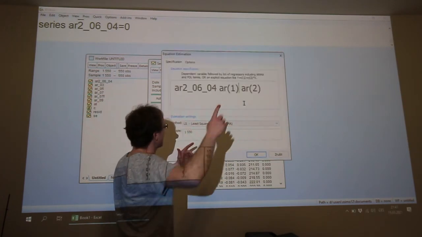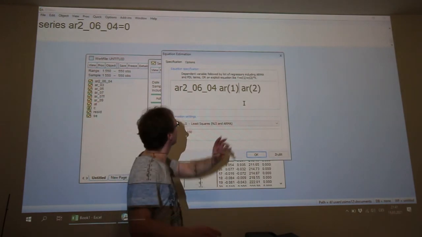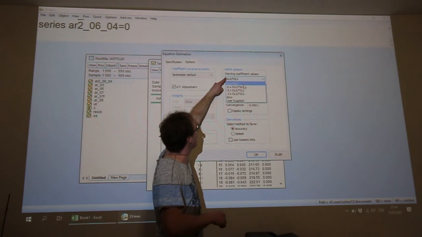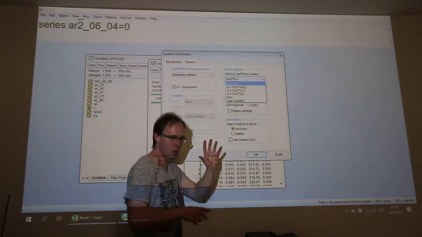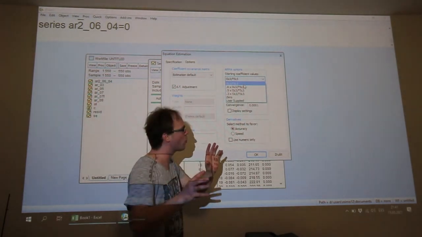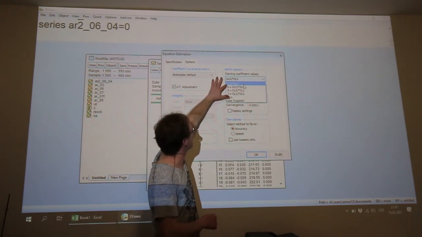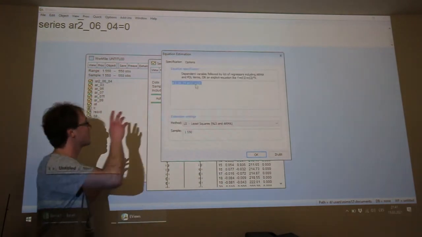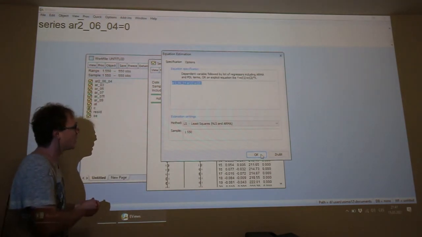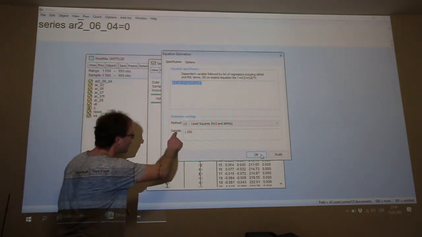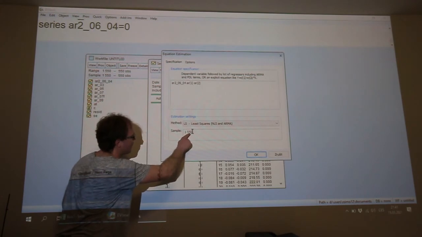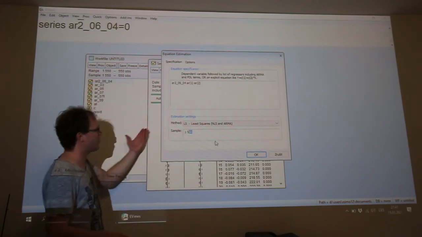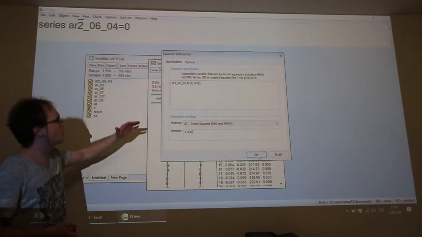And at home, don't forget that you must click on the Options button, and instead of maximum likelihood, I don't have the maximum likelihood method here, but at home you have it, so instead of maximum likelihood, select ordinary least squares. And for the sample, instead of 550, write 500, because we have 500 observations.